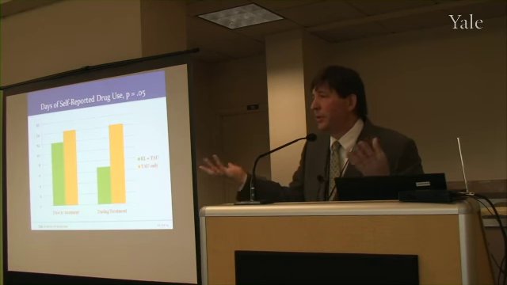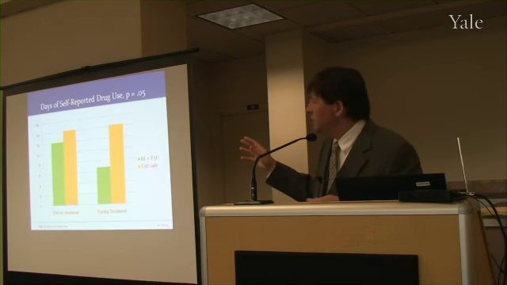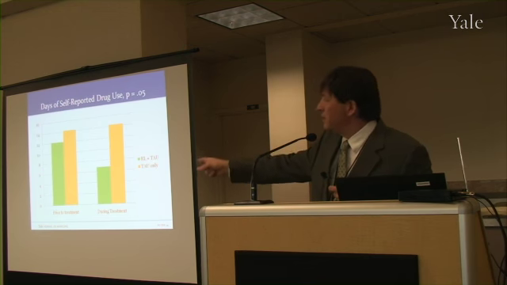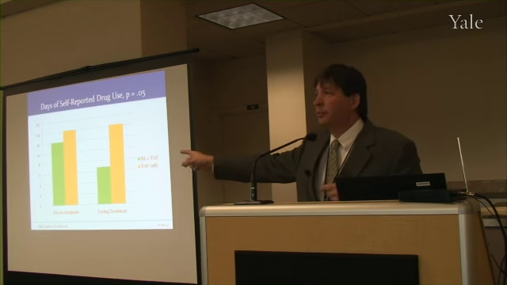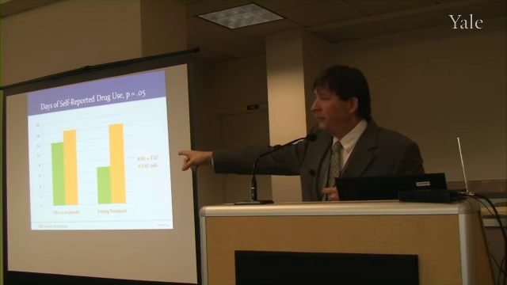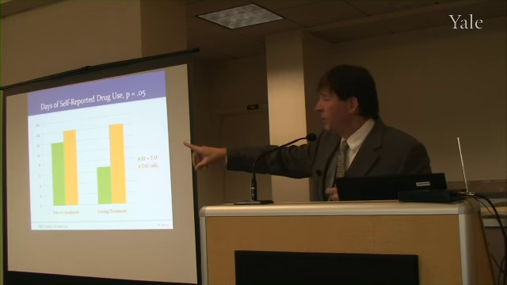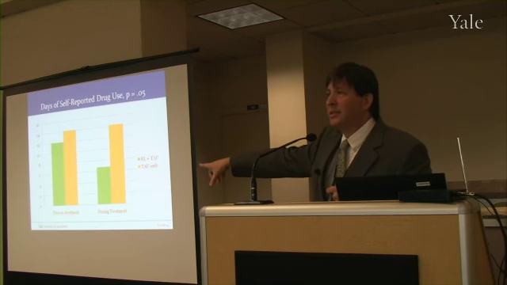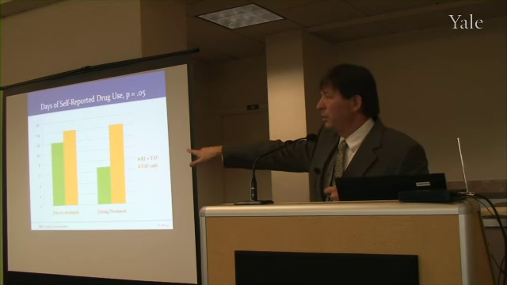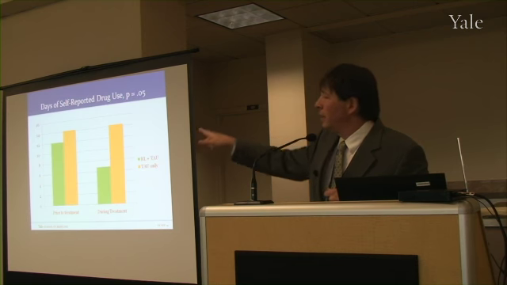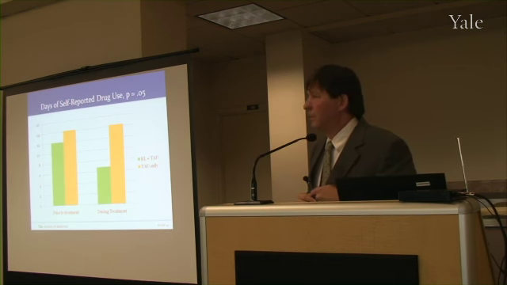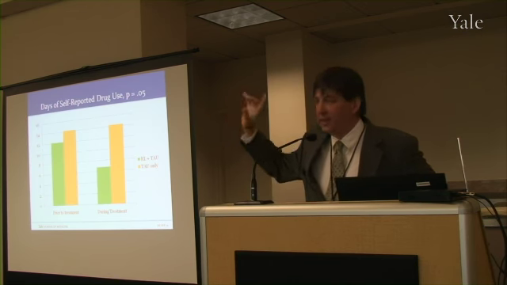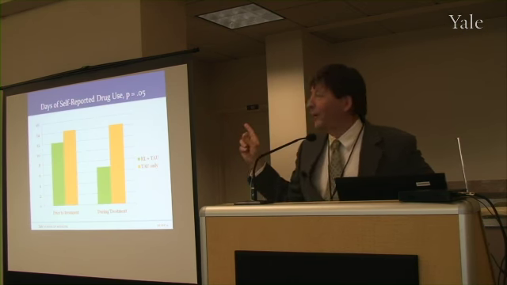This is my first sort of most promising finding, which is that the self-report seems to decrease. The green bars represent individuals that receive the recovery line. The left is prior to treatment, so the month prior to treatment. They had about 12 days of reported use. That went down to about 6 days of reported use. For the treatment as usual condition, it stayed the same. Okay, so this is marginally significant. That is correct that it's equal to 0.05.